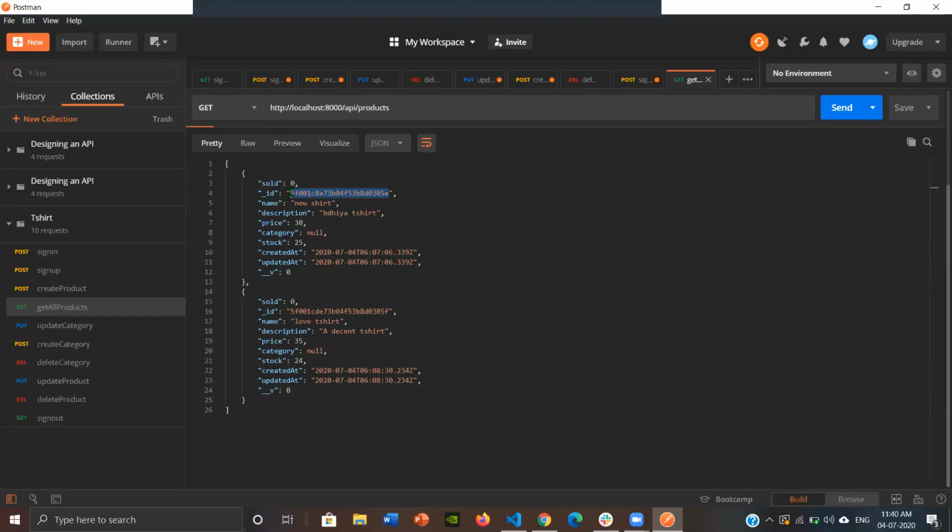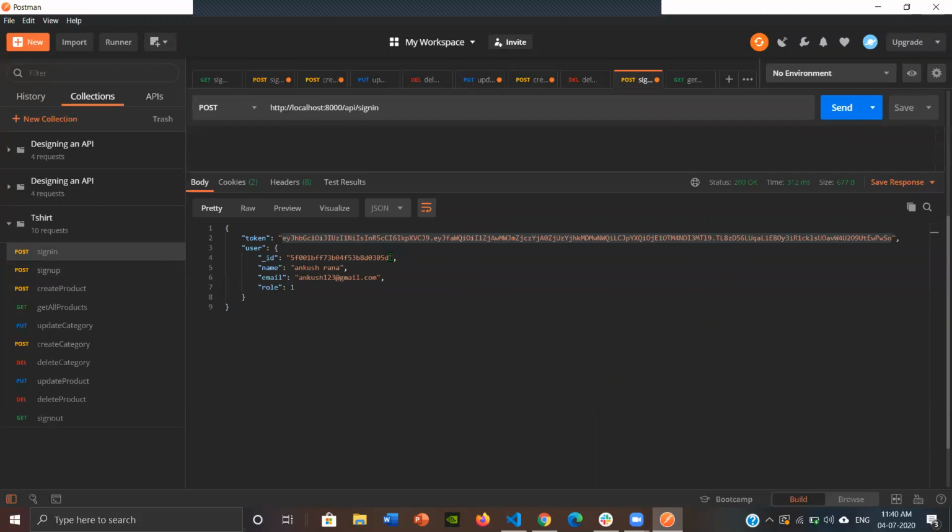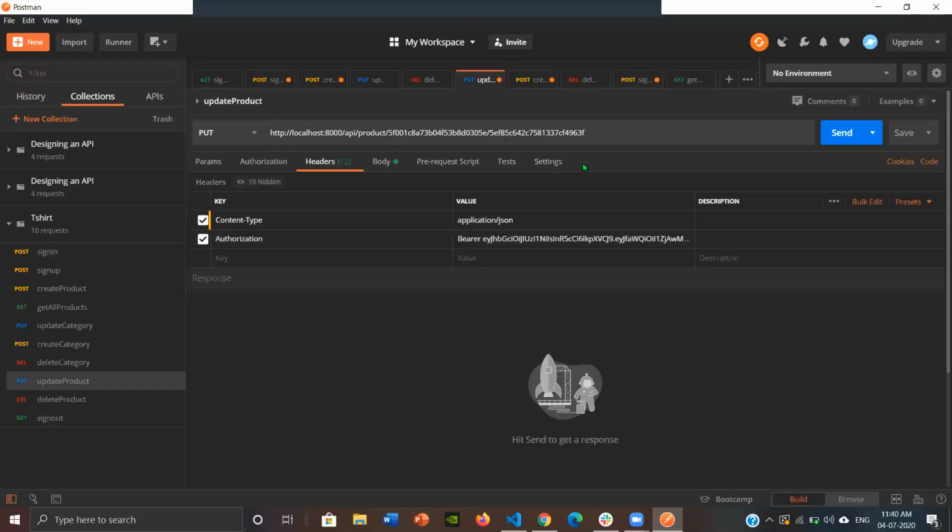And we also need the product ID for this. As we have to update the product, we come to know which product we are going to update. So for that, we are using the product ID as well as the user ID, so that we again come to know that this admin has updated the product.